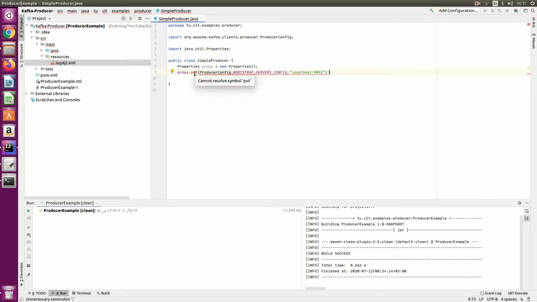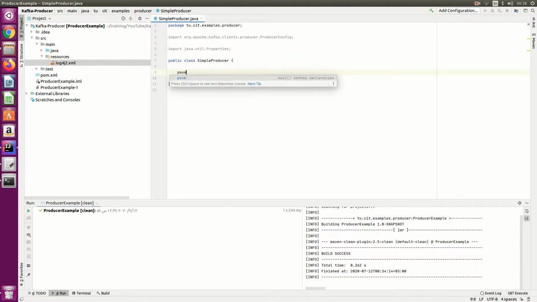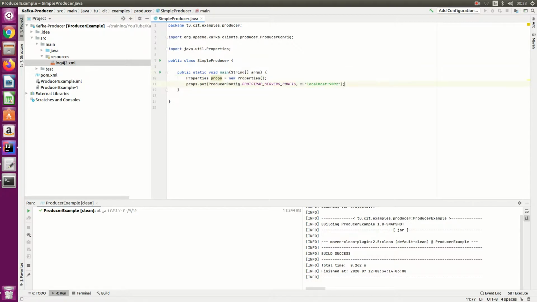Now we have to check why this is not resolved, cannot resolve. Okay, actually I have not created the main class here. It's VM, right? I'll add it here, right? Now